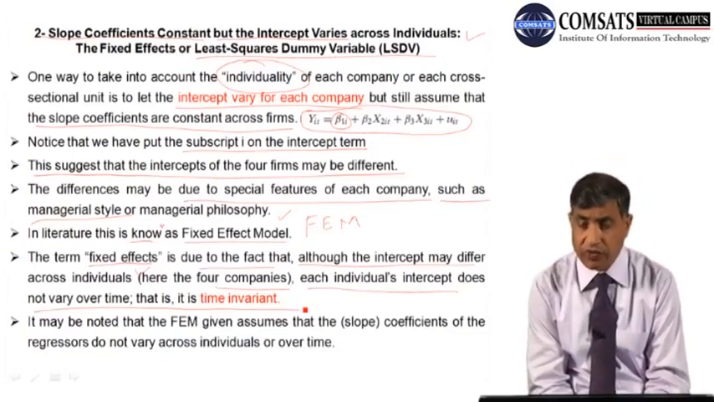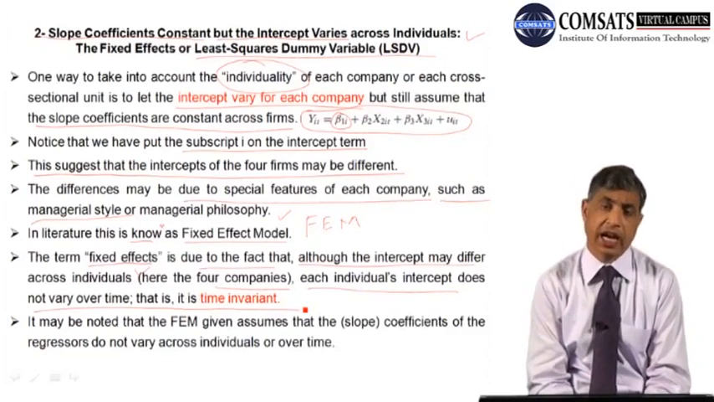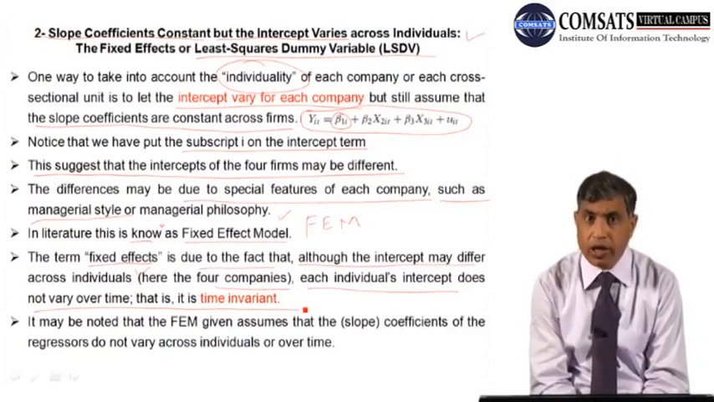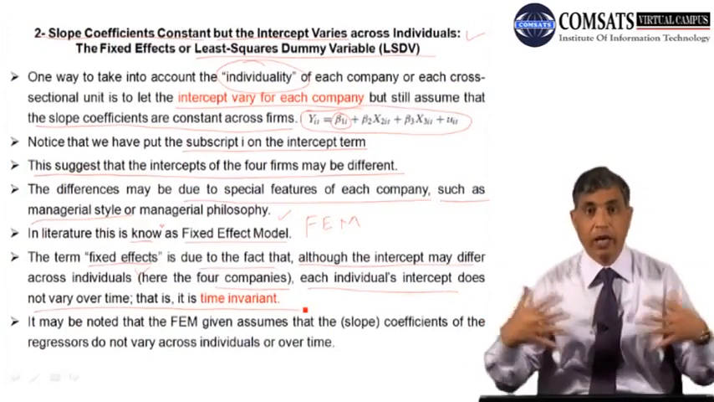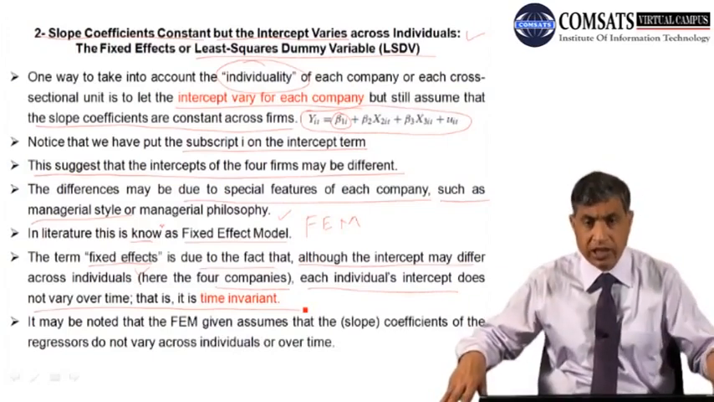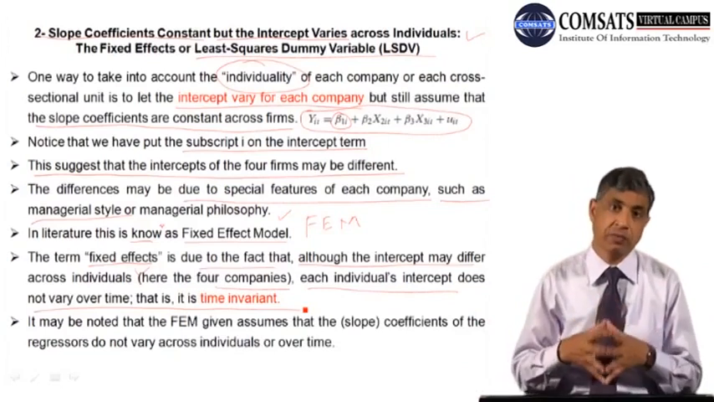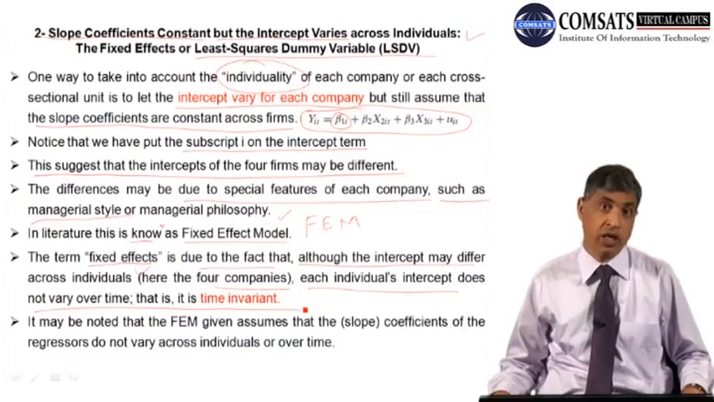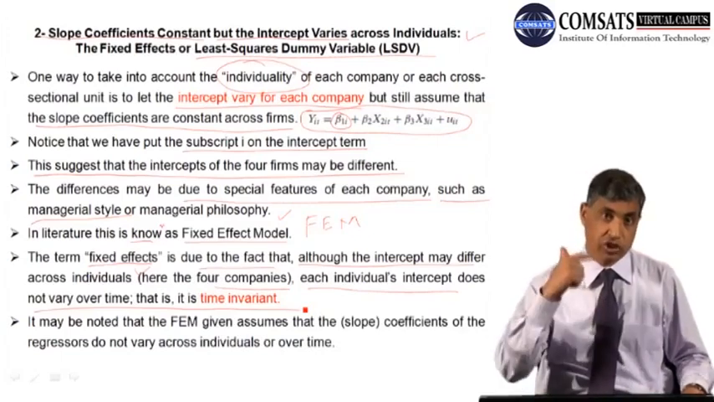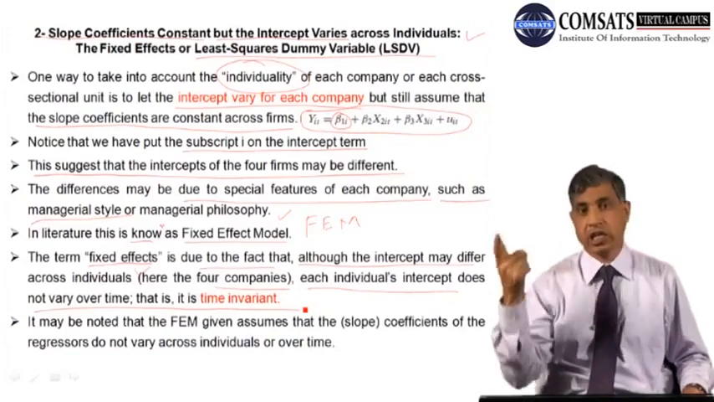Why is it called the fixed effect model? The immediate answer is that if you are allowing the intercept to change across units, you are capturing that if there is a different managerial style, or some special characteristic of the firm, but you are not allowing the individual firms to change over time,